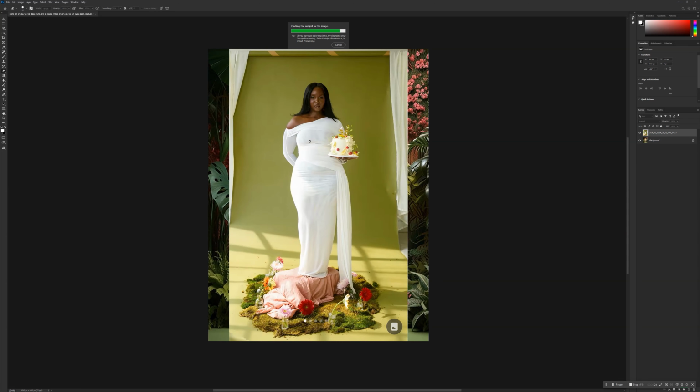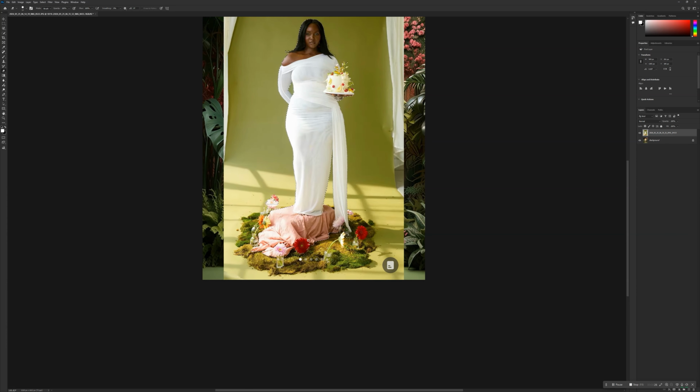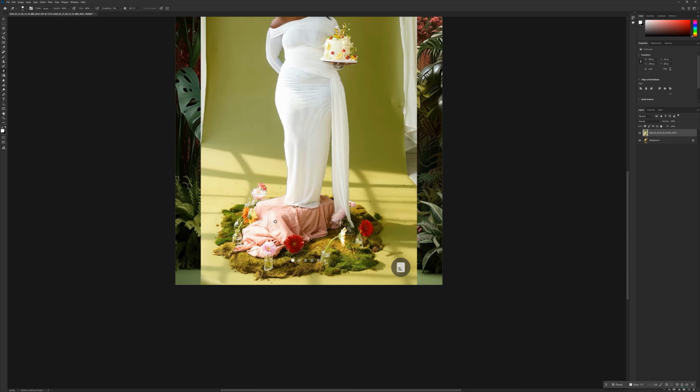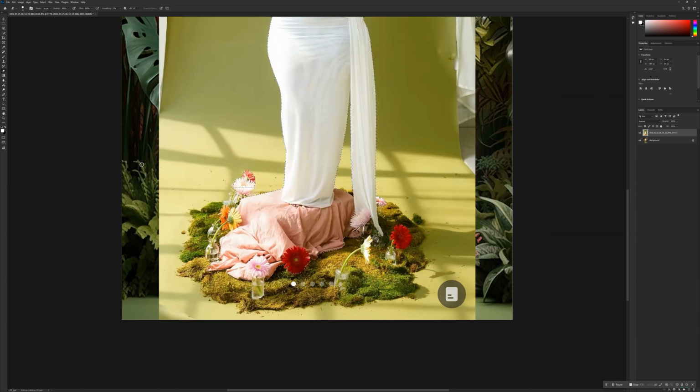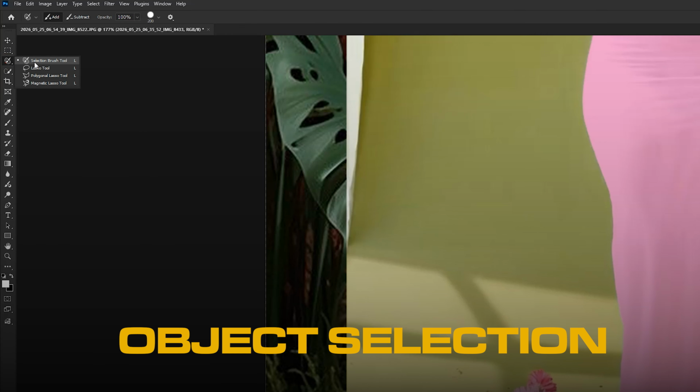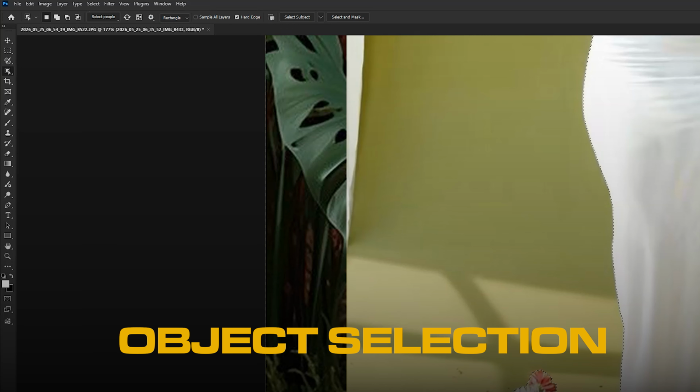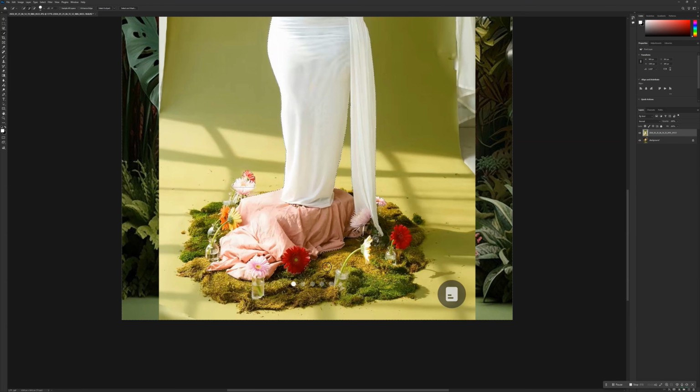So let's just wait for a second. Okay, that's it. So I think it's just reach to the side, so I'm going to choose the selection brush tool, or you can use the quick selection tool. Okay, so I'm going to use this one and I'm going to take it from this side,